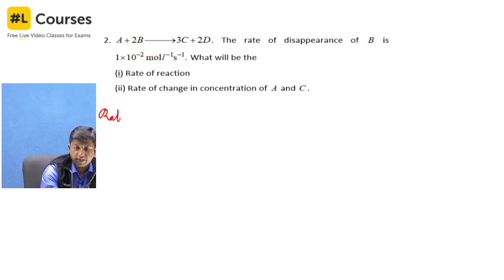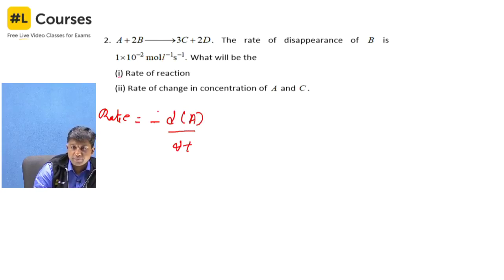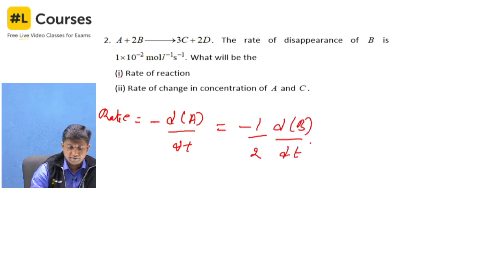So, rate will be equal to, for concentration of A, I can write it as -dA/dt. Students, here the negative sign implies that the concentration of reactant A is disappearing with time, which will be equal to, with respect to B, I can write it as -1/2 into the change in the concentration of reactant B with change in the time interval, which will be equal to, for product C, I can write it as